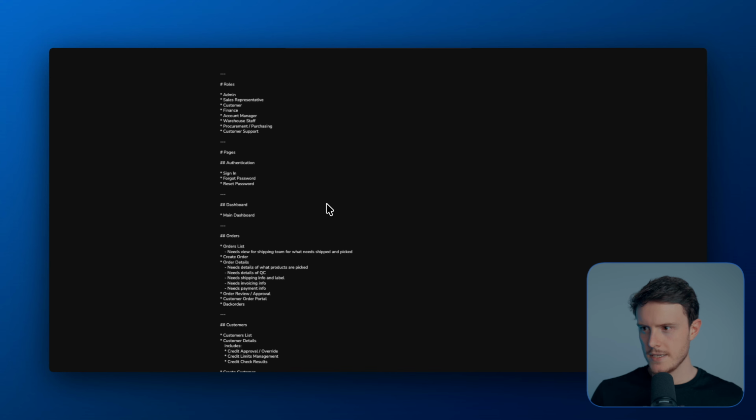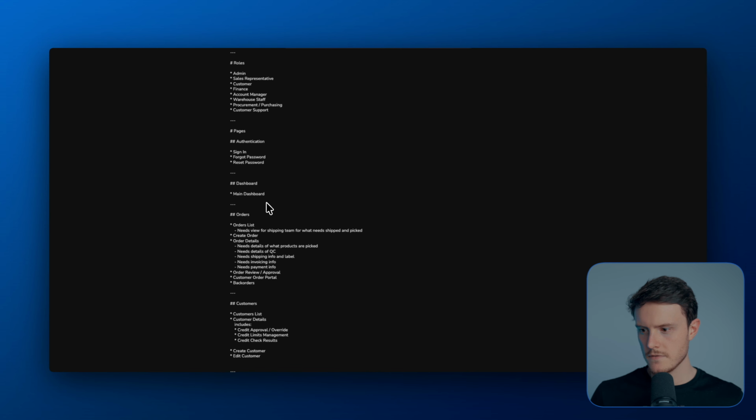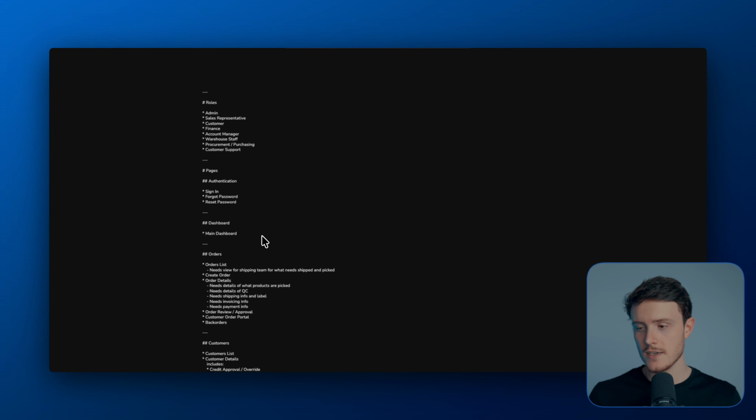Cool, so I've now created everything. So I've got my roles and I've got my pages. And what I can now do with this is I can get AI to create a fully working prototype of this. Now, I wish it was as simple as just giving screenshots of this to AI, but it's never that